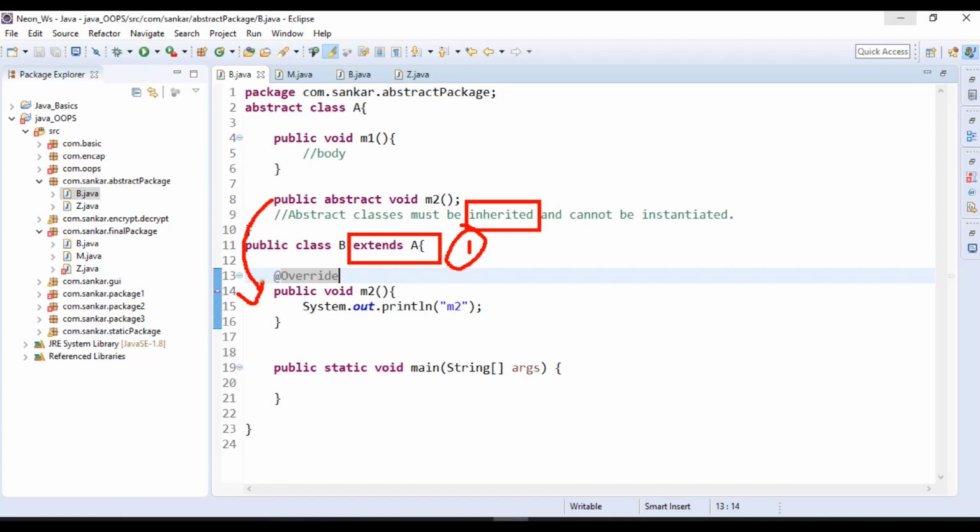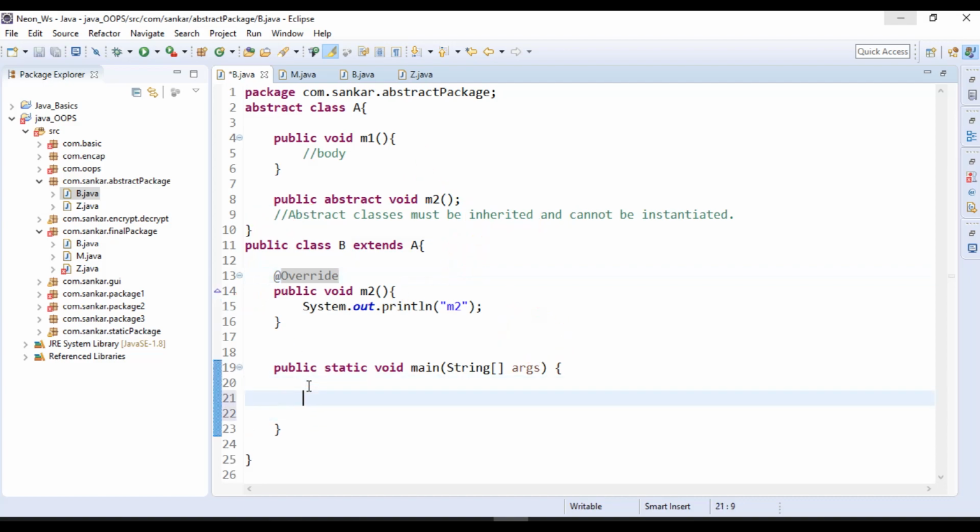I will conclude that point also. For example, if A class contains three abstract methods, but in the child class you override only two methods and do not override one method, right? Then this class also you need to change to an abstract class. You need to use the abstract modifier here also, okay? I have not discussed abstraction deeply here, because we already discussed abstract classes. Our main intention is to discuss the abstract modifier, right? Okay, let me conclude. So now I override.